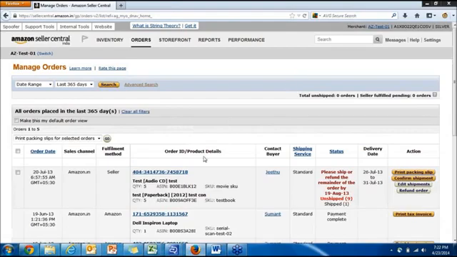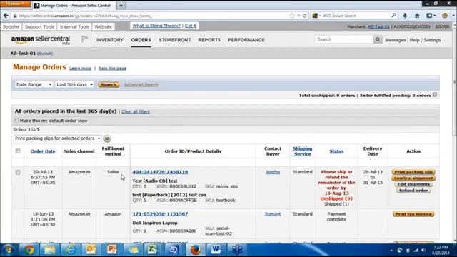These are a few of my test orders that I have on my test account. Let's look at each of these rows. Okay, so at first you're given the order date, the date on which the order has arrived to you. The sales channel is obviously Amazon.in. Fulfillment method will tell you whether this is an MFN order or an FBA order.